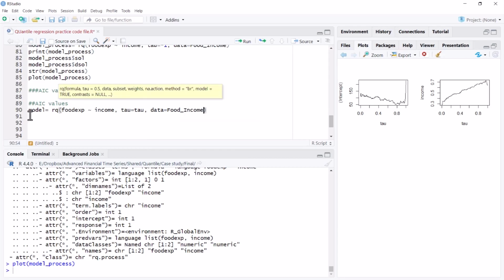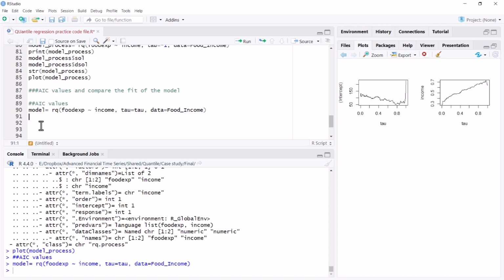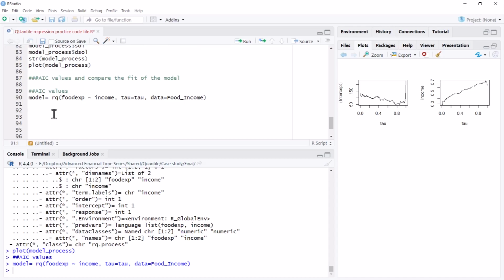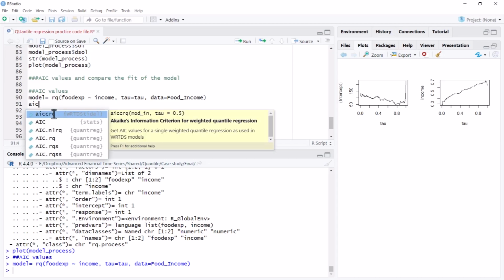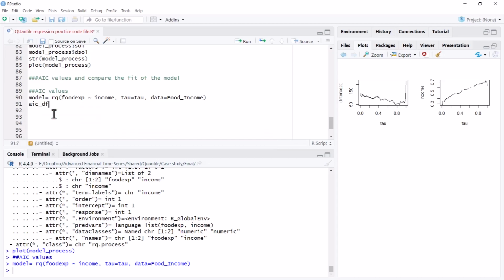Next, I'll create a new data frame in the form of a table, where I have model equal to, and this paste command would be very useful here. So tau, and I'll use tau here.